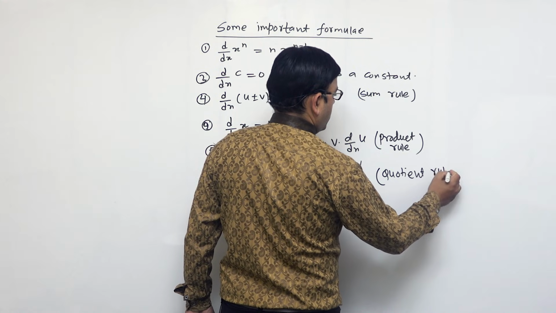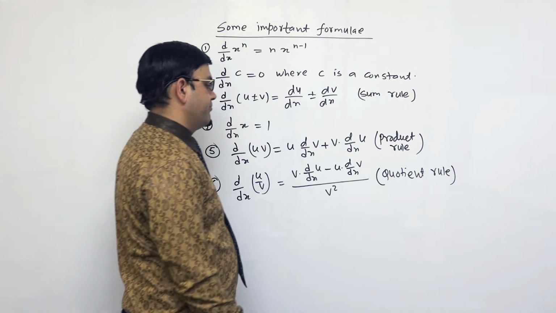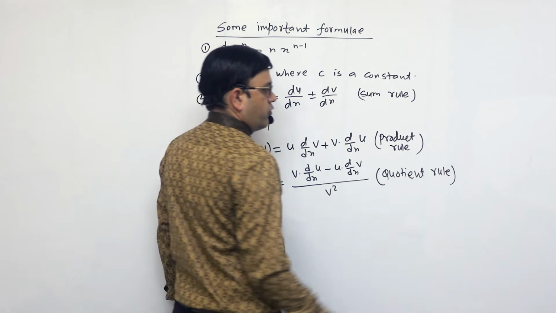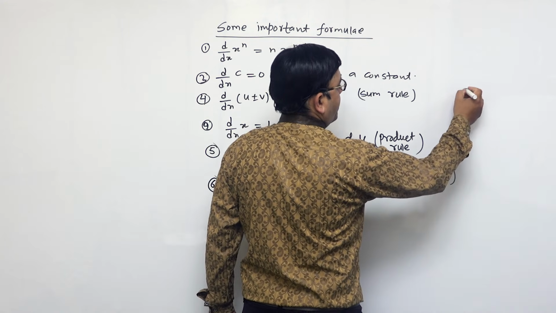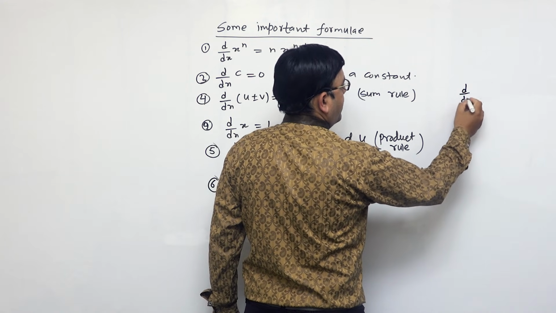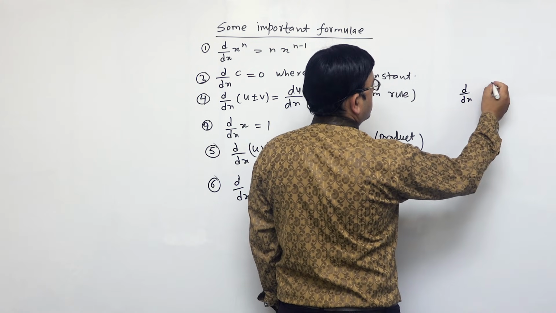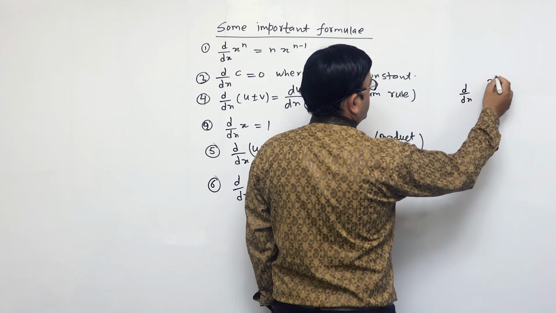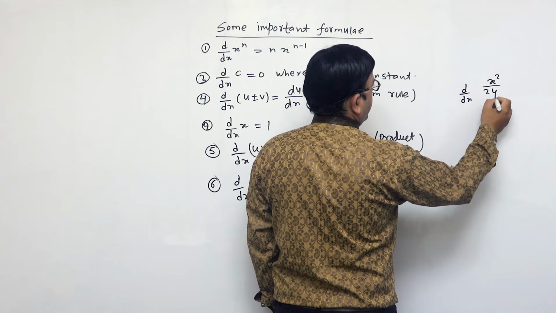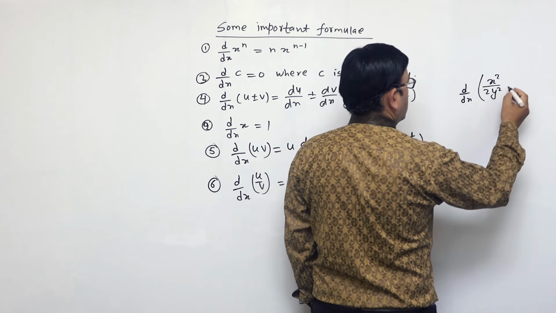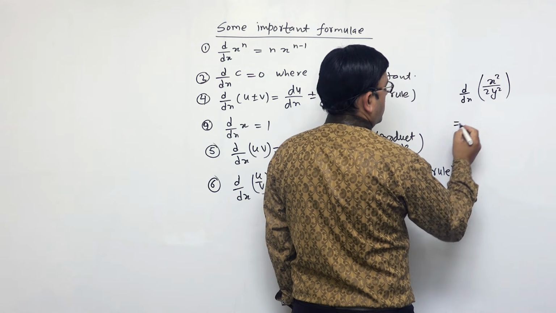An example of this: find the derivative of, suppose, x square upon 2y square. This is equal to,